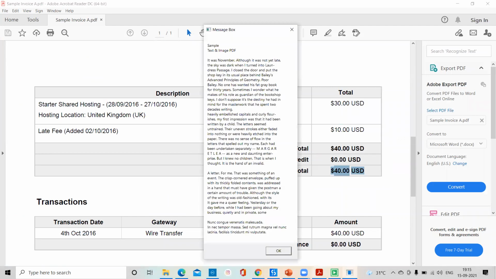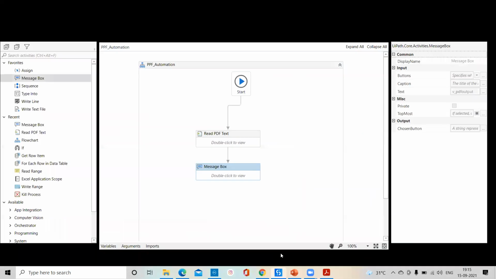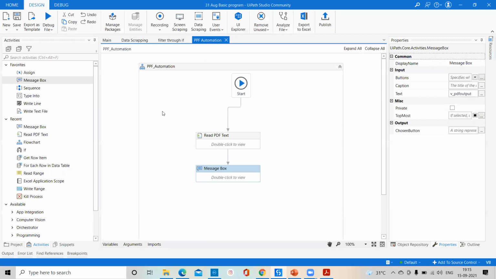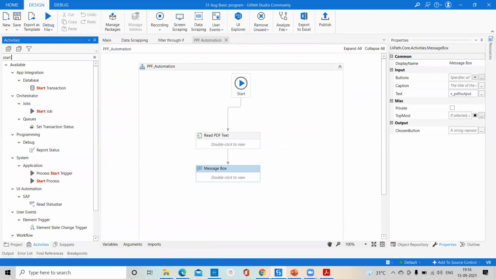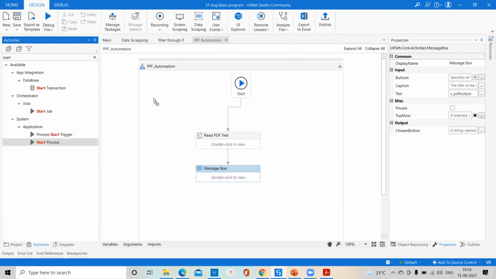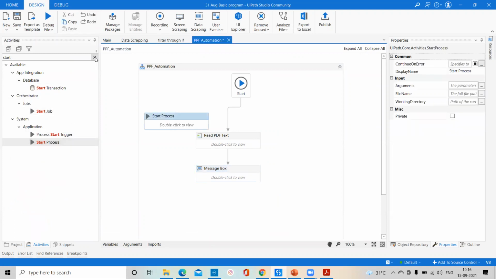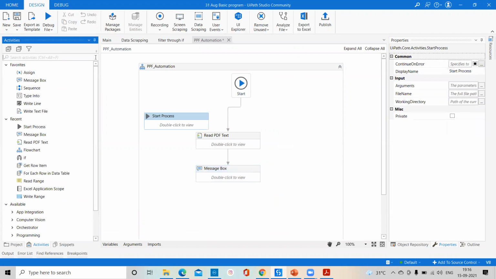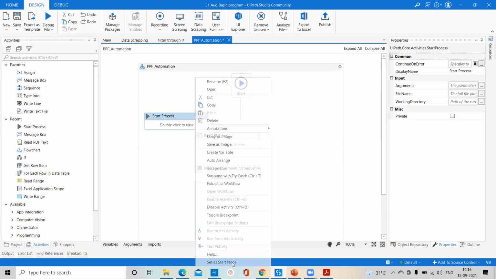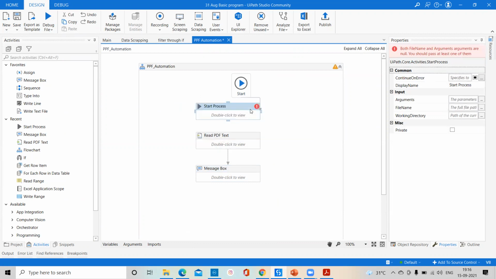Okay, so you can see here we are getting this text and image PDF, but my PDF is not launched till now. Okay, but the data we are able to extract. If you want to launch the PDF, we can use the activity called start process. So for Notepad, we have open application, but especially for your PDF, we have start process. Let me go here, and we have to provide the same thing. We have to provide this path.